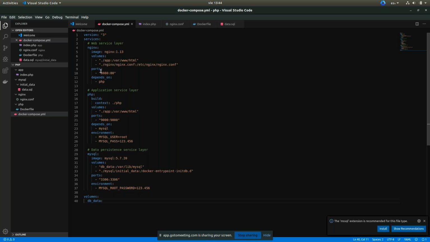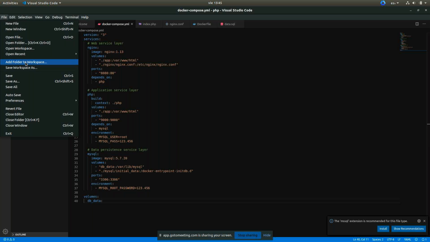so they are connected, they can see each other, and the way we can connect to this server is using the service name, as in the example for the WordPress.